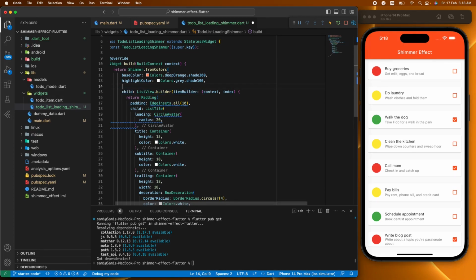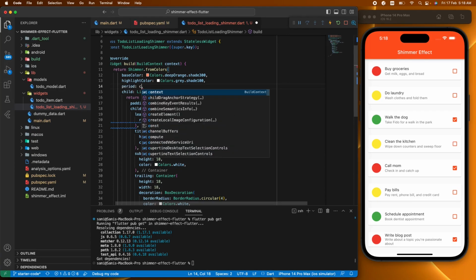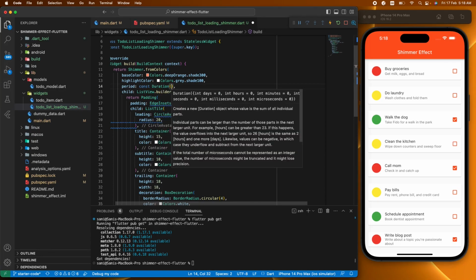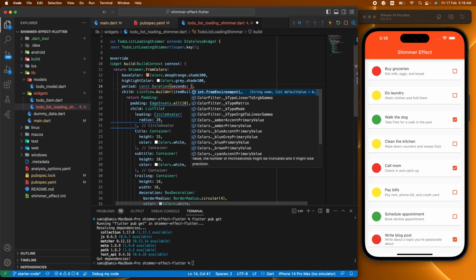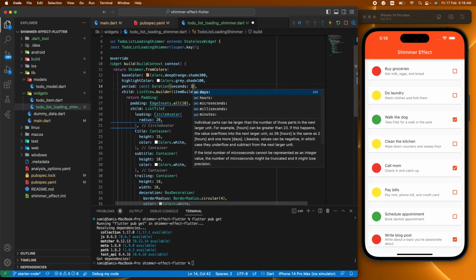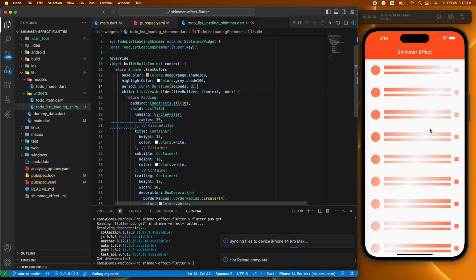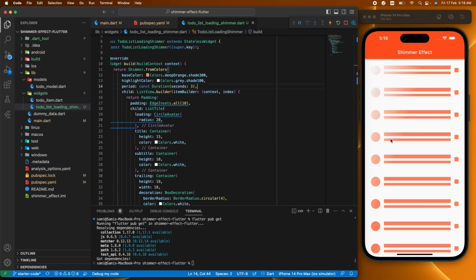And you can also change the duration by setting the period argument. You can pass the duration, and I'll set it to be 3 seconds. By default it is 1.5 seconds. Let's check it out. It will just slow down the animation. You can see, I think,